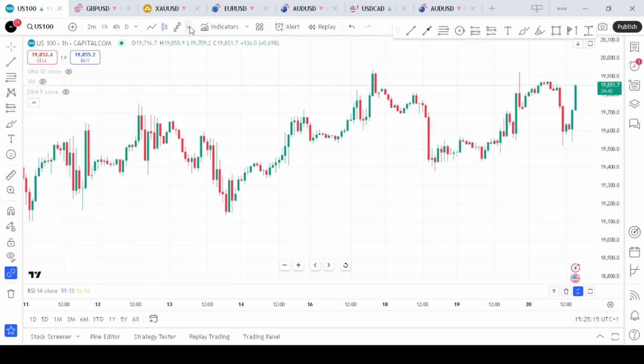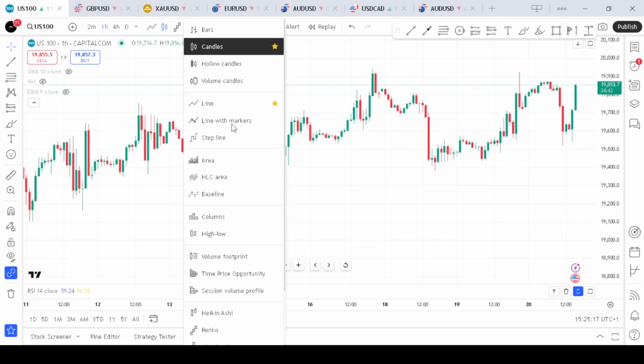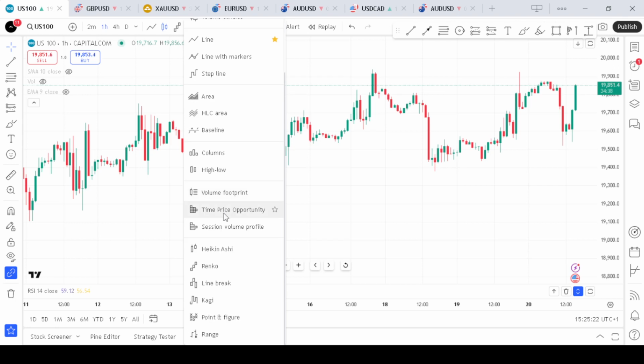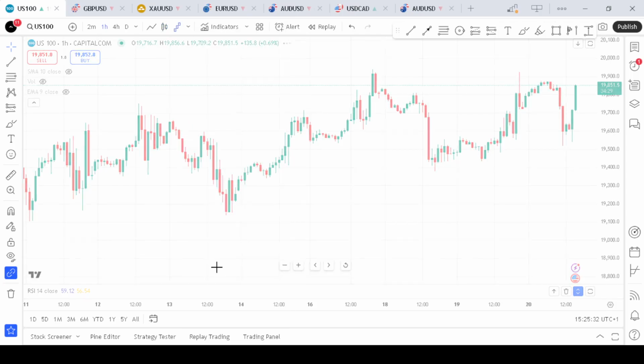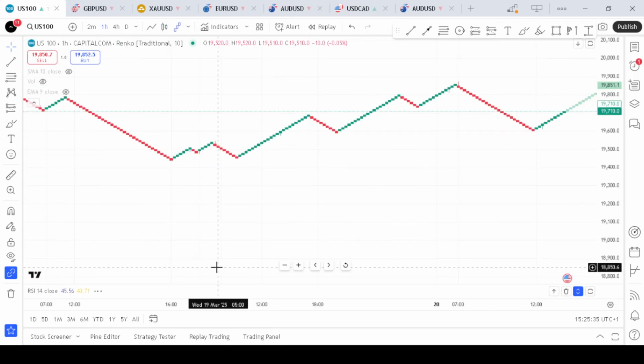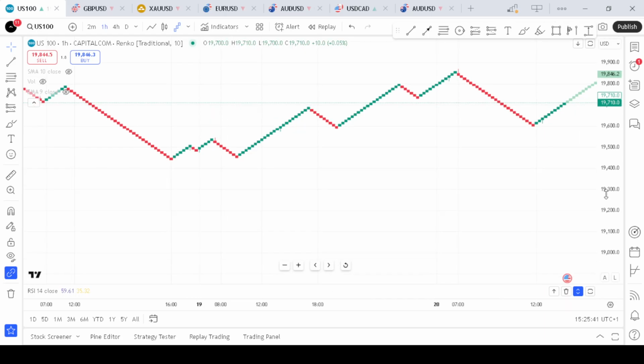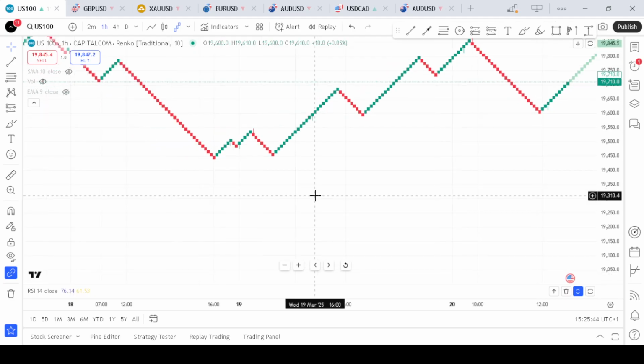So we ask ourselves, what is Renko trading? Renko trading is a unique approach to technical analysis that focuses solely on significant price movement. This Renko chart filters out minor fluctuations and it is originally from Japan. The Renko chart uses something we call bricks to represent price changes, providing a clear visual representation